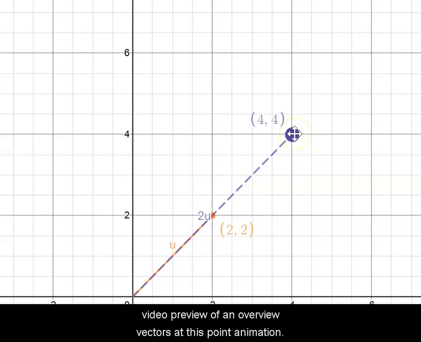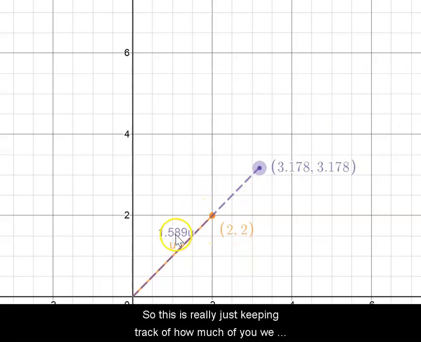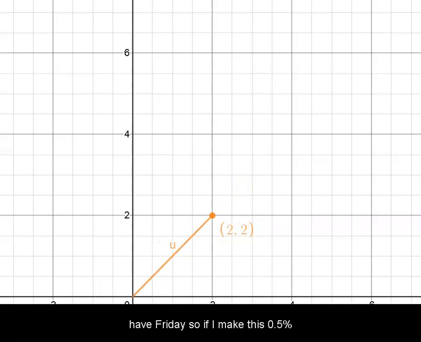You're just getting a preview of an overview of vectors at this point. Okay. Now, if we play this as an animation, right? So this is really just keeping track of how much of a u we have, right? So if I make this 0.5, for instance, it's halfway there. Okay, so my scalar